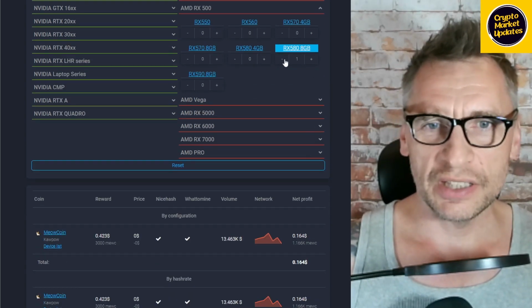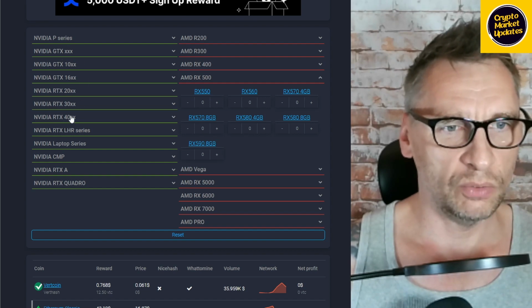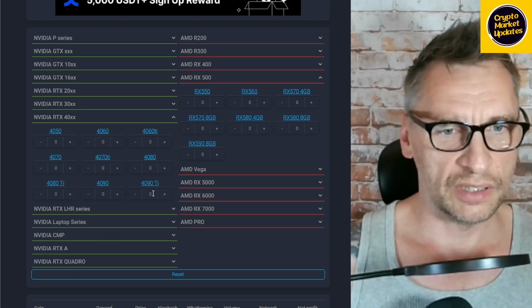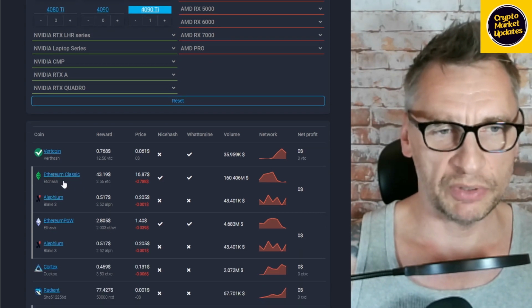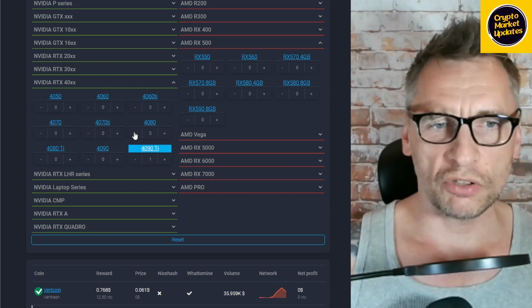Out of curiosity, if you wanted to go with an NVIDIA card, let's say the 4090 Ti, what do we get? Vertcoin is the first one that pops up, and Ethereum Classic is the second one. So regardless of what card you're using,